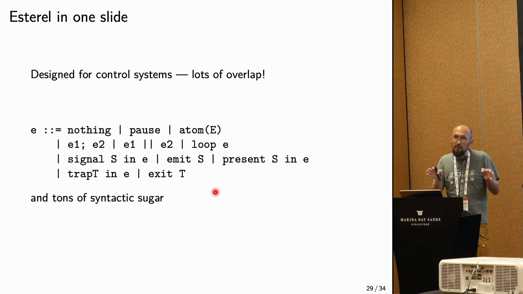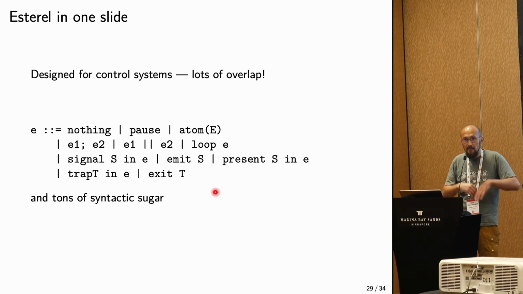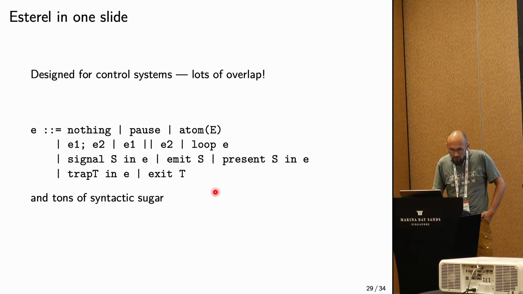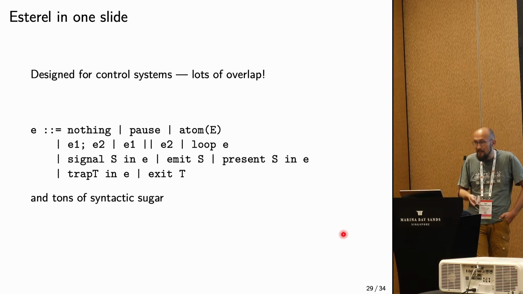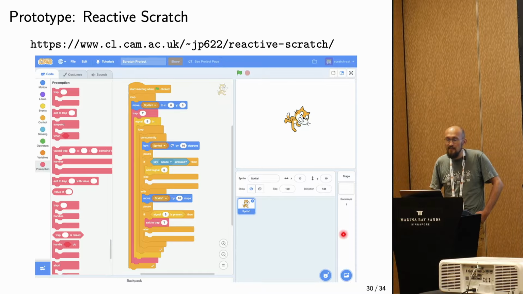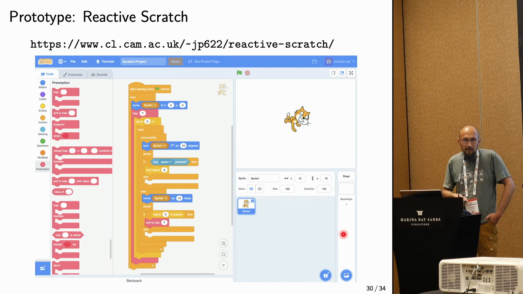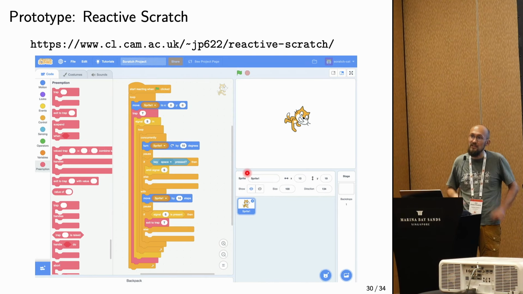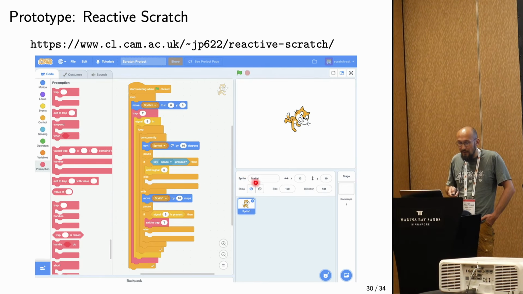And then on top of this kernel, you can, and people have, defined a ton of syntactic sugar to make writing these things more nicely. And so what I've done is basically I've taken Esterel and I've shoved it into Scratch, and the result I've called reactive Scratch. I've stolen the interface and replaced the execution engine in the middle, and I've added the primitives that I want. In particular, this pink color is for preemption, so I have my trap and my exit